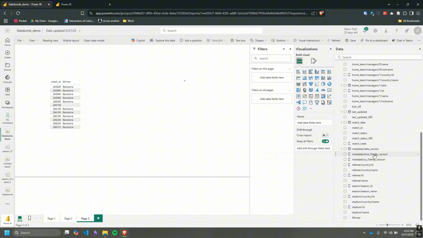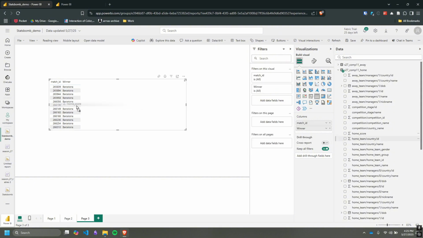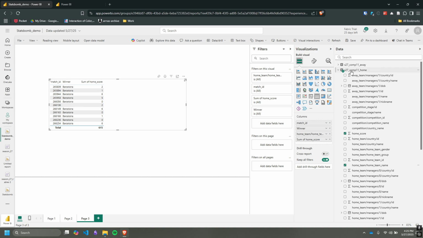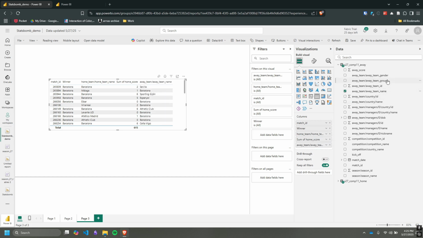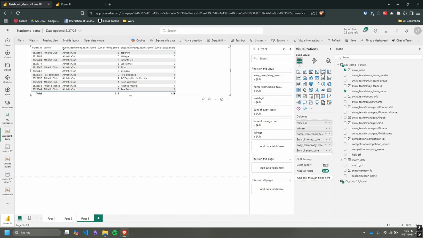And just to double check how this is working, I'm also going to add in the home score, the home team name, and then the away score and the away team name. So we can check this. So in this match, Barcelona got 2, Sevilla got 1, Barcelona's the winner. So this would let us create something like a